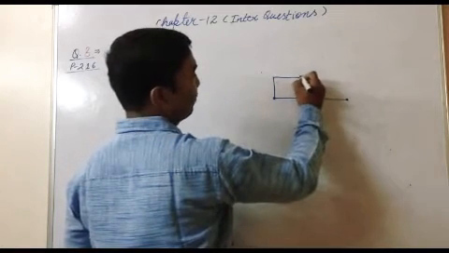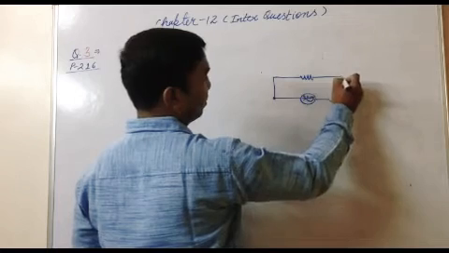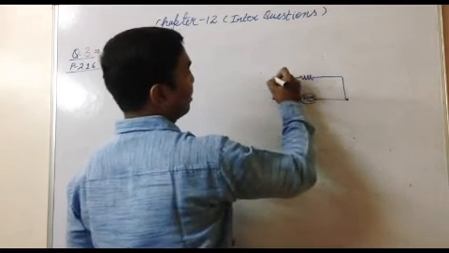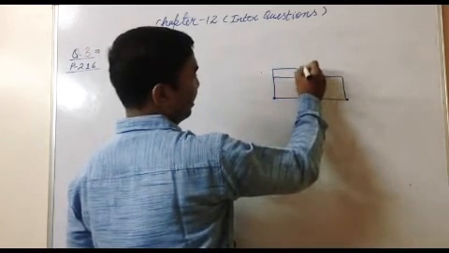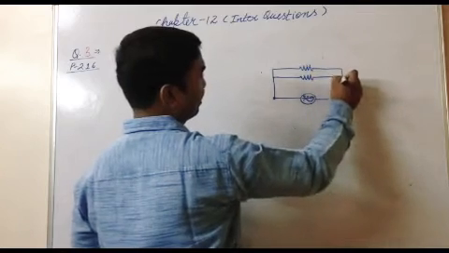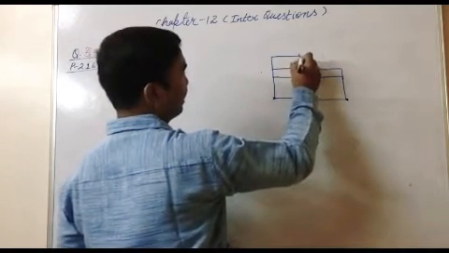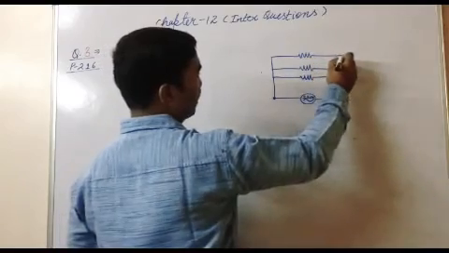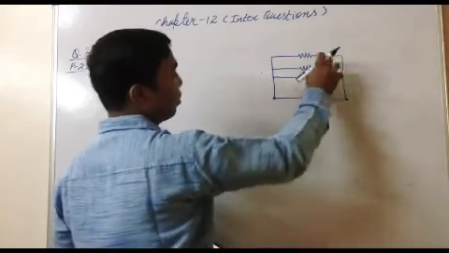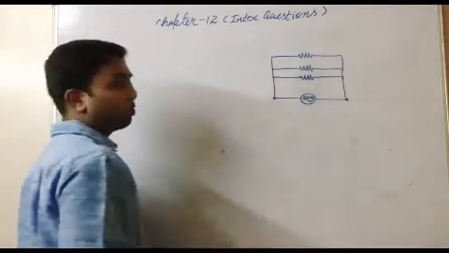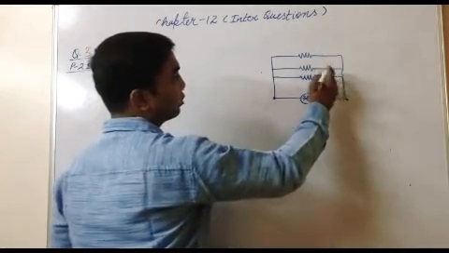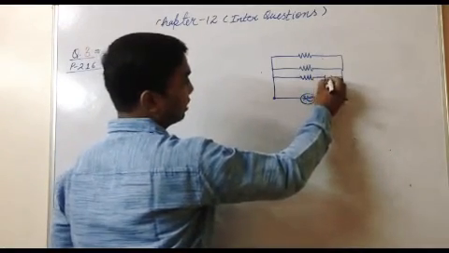Like this is our fan. Fan has resistance, so fan is connected. This is a refrigerator. Refrigerator also has resistance. One more appliance we take, like this is our television. This is connected in parallel, and these are all connected in a room. Okay. Every machine has a switch, so we can put a switch here.